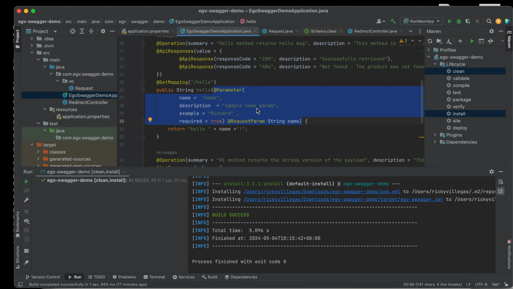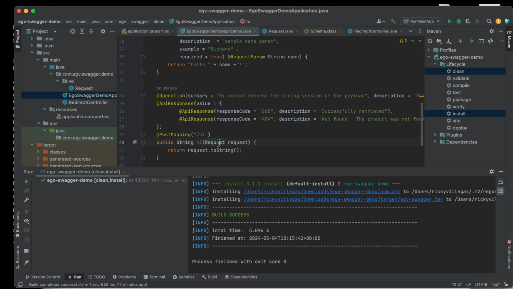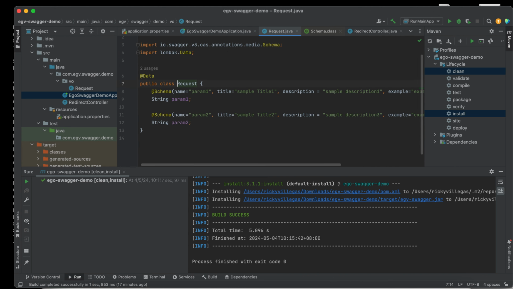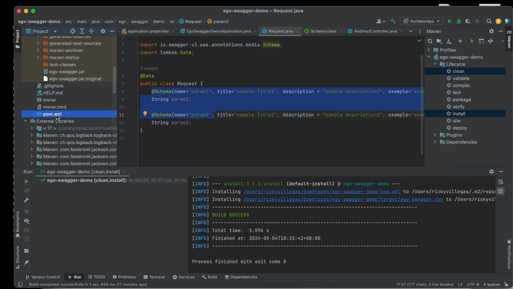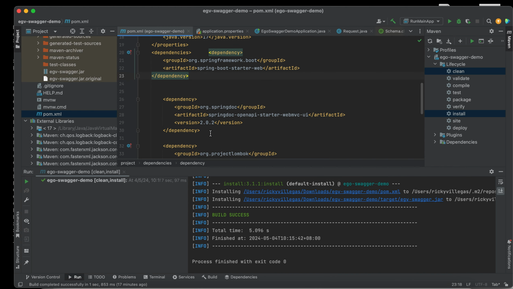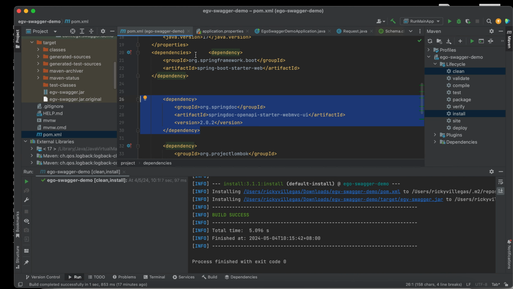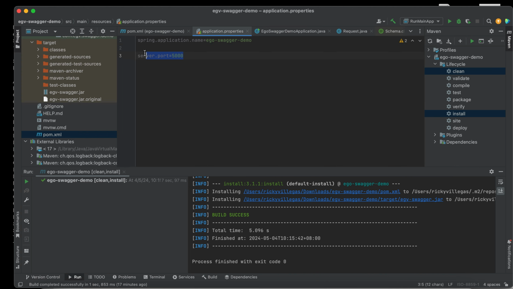If the parameter is an object, you can use schema like this. For the dependency, for Swagger we only need one dependency, called springdoc-openapi-starter-webmvc-ui. That's it. When we want to deploy to AWS Elastic Beanstalk, the port must be 5000.